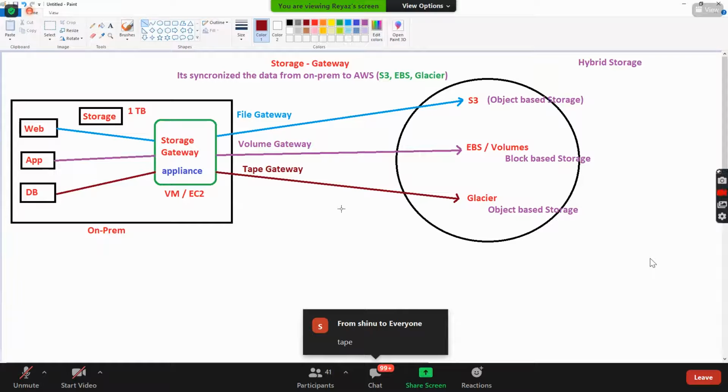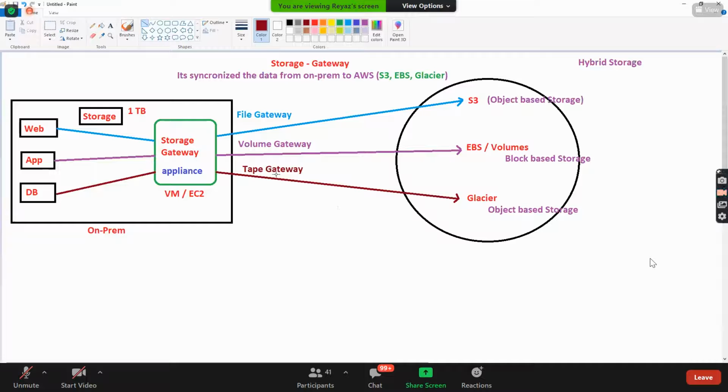The same way here, there will be a tape library, like a tape recorder, and we put the tapes inside it, magnetic tapes. So in our data center, there will be a big tape library, and I used to put the tapes inside the tape library and run the backup. All the backups would be taken into the tapes, the cassettes, and I used to keep them safe in the locker. So basically, this is the manual approach.